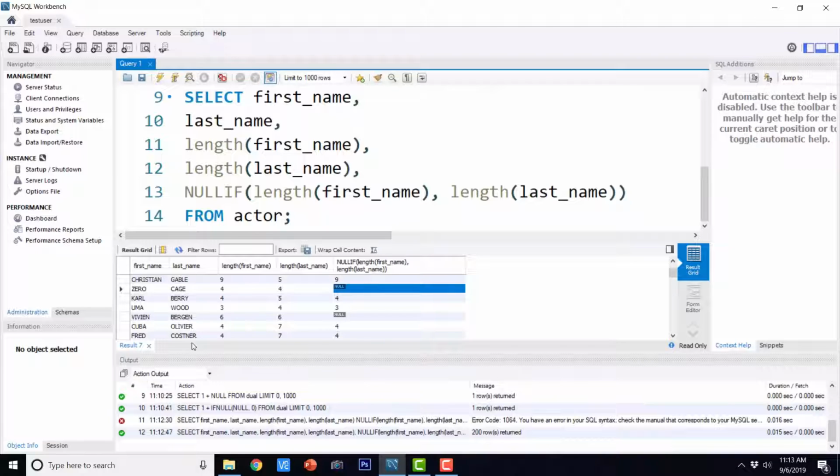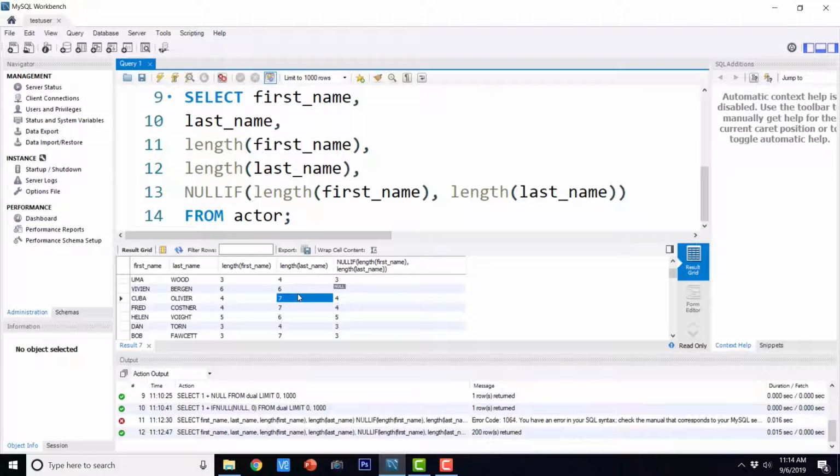And similarly here Vivian Bergen, for that also the length of first name equals the length of last name, and that's why we have null here in the last column. Otherwise, wherever this condition is not satisfied, so here it is 4 for first name and 7 for last name, and the last column is 4. Okay. So this is how NULLIF works. Let me explain again: if both the arguments are equal, then it is going to return null. Otherwise, it is going to return the first argument.